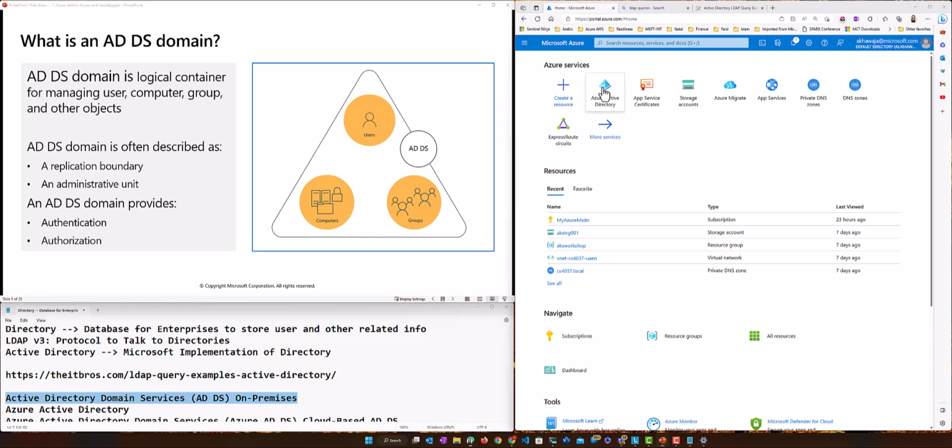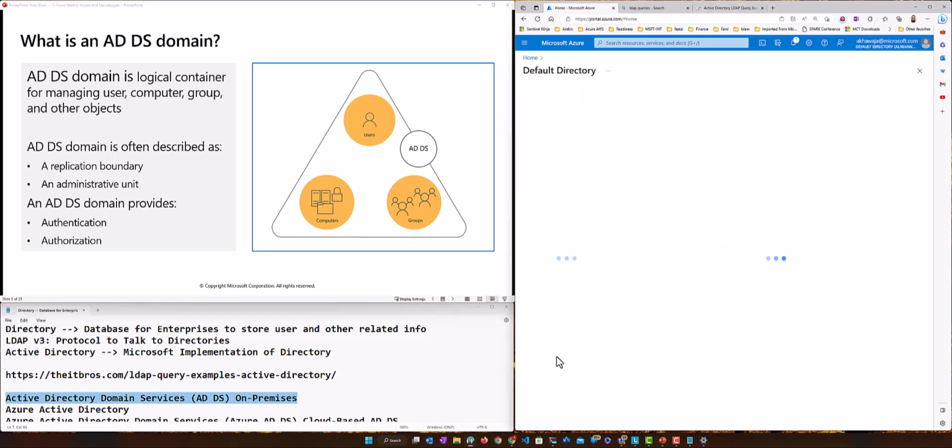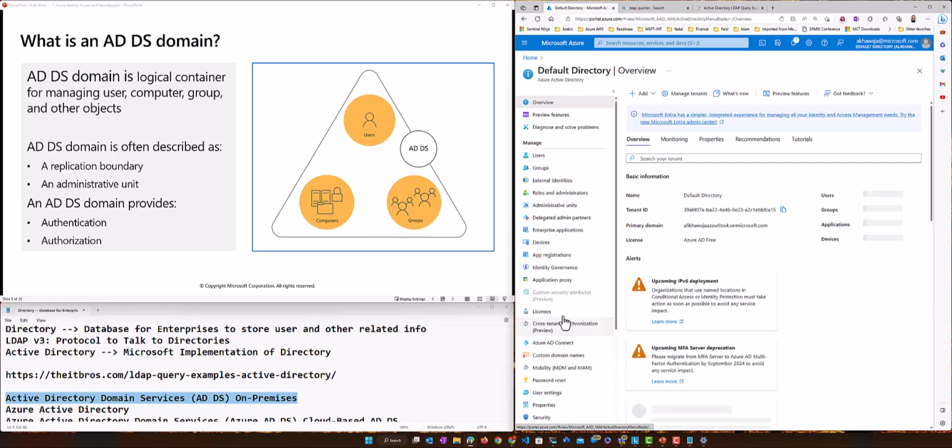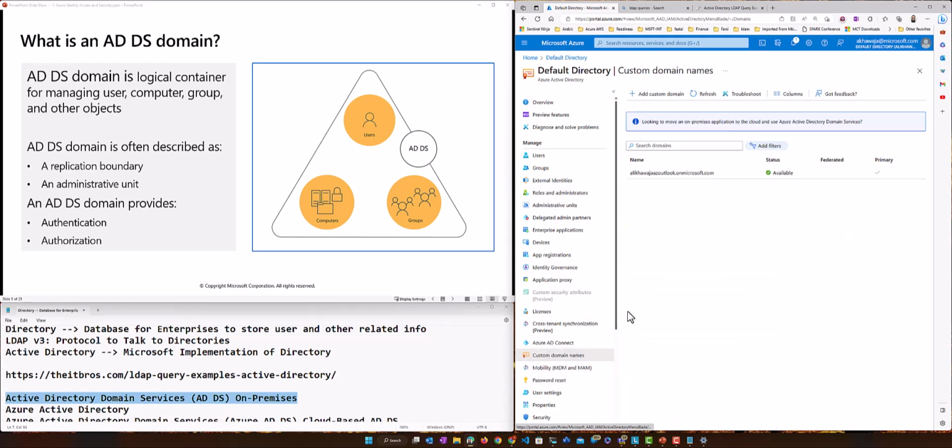Like I told you about Active Directory, the domain we registered here, if you look at it, I'm showing you Azure Active Directory. Concepts are similar, right? If I go to custom domain names, I can go over here and say custom domain, and I can say, let's say, okay.